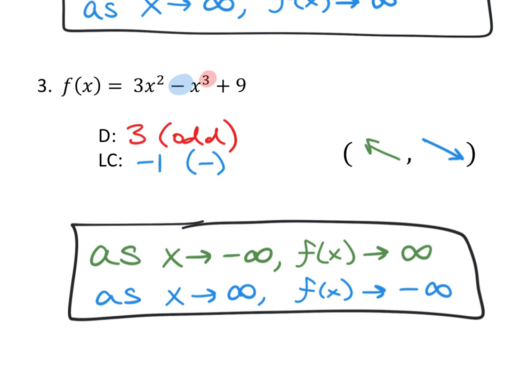You're going to press the y equals button because f of x is the same thing as saying y equals. And you're just going to type in exactly what you have there. So 3x squared minus x cubed plus 9. I'll give you a second to type that in. I want you to practice. So since we've seen it in our calculator, as a note for yourself, I want you to sketch it real